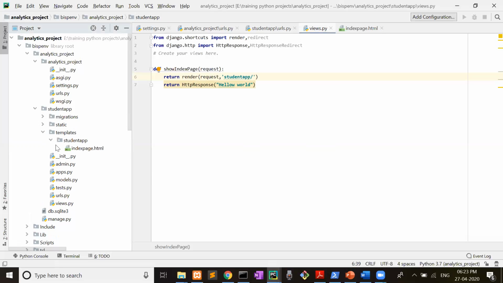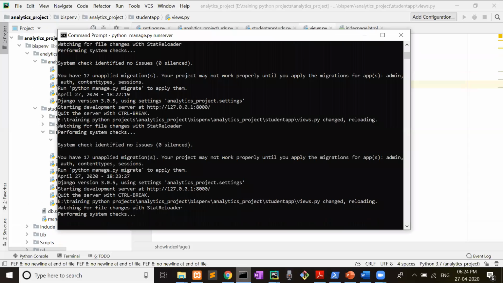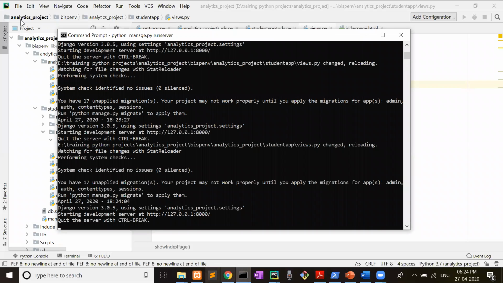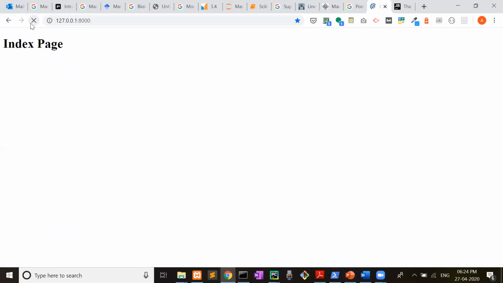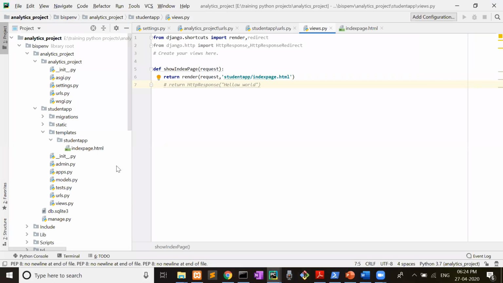What is the HTML page name? Index page.html. Yes. Now our work is over. Right. Now press Ctrl S and let's check it. It's reloading. Yes, it's working. Now in this way the project is set up.